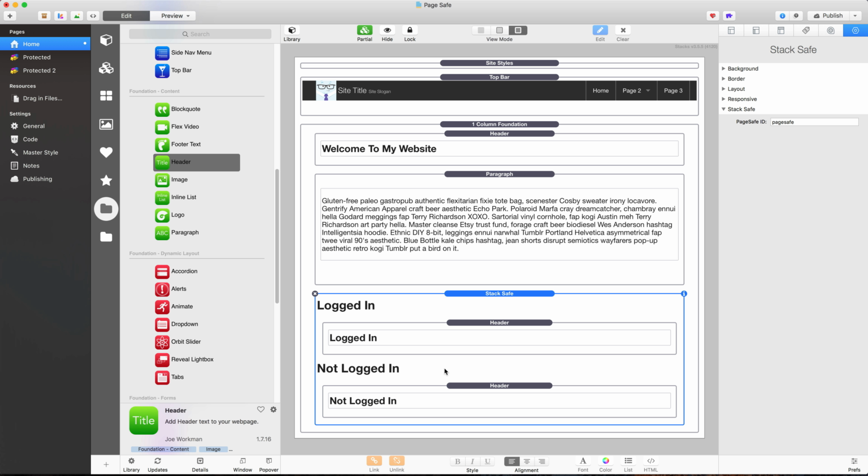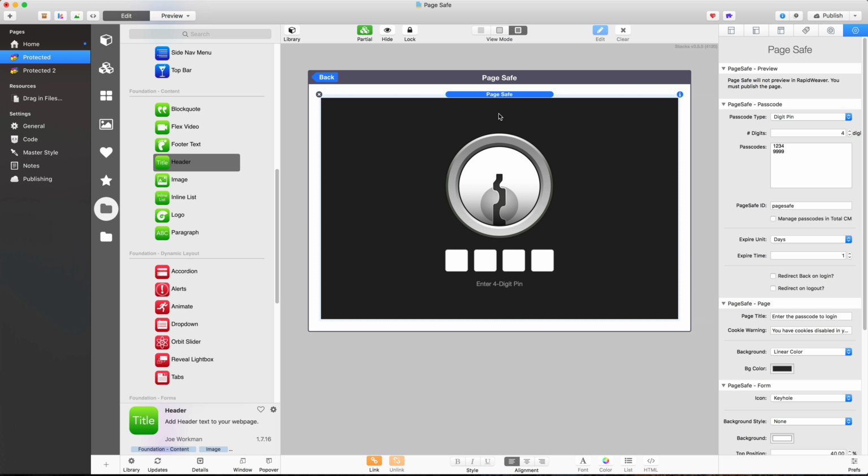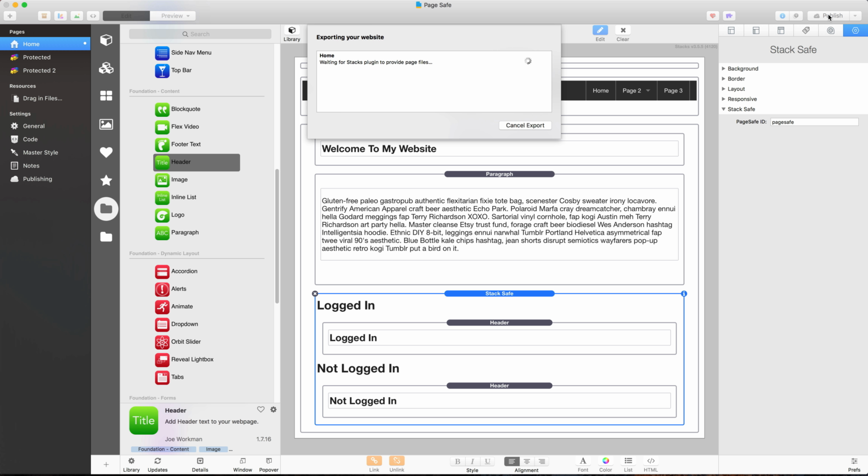Now the key thing that you need to remember here is that you have set the page safe ID to be the same across all of your pages. So this stack safe stack will look for a page safe with the ID of page safe. So if we go back to our protected page here and we edit our partial, you'll see on the page safe settings the page safe ID is set here. So ensure that is consistent across all of the pages on your site. If we go back to the home page, however, and publish those changes,